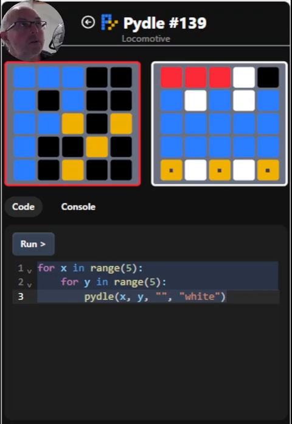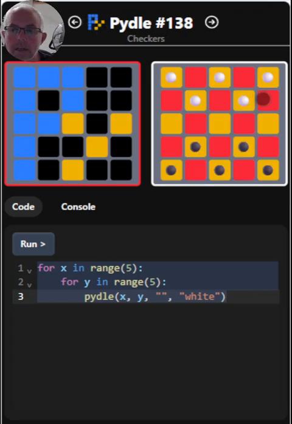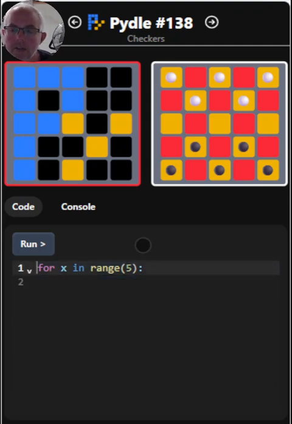If you're new to Pydle or you just want some tips on how to solve Pydle, I will now solve yesterday's Pydle, which was a tiny little checkers board. So I'm actually going to try and solve this in just 2 lines. And to do that,